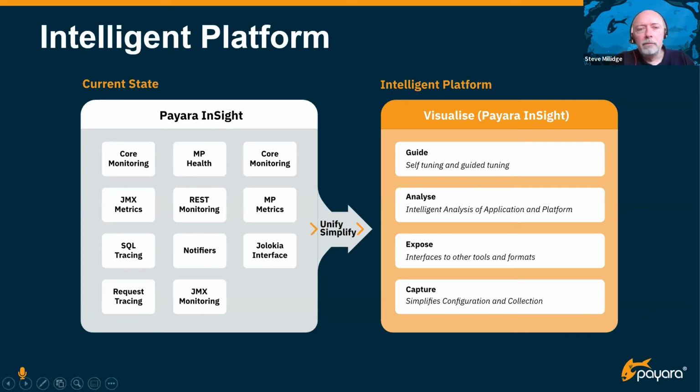So related to the intelligent platform as well is auto scaling. So if we can gather the metrics and analyze them, then we can also look at scale out, never mind just tuning an individual VM or individual application, but scaling out the infrastructure as a whole.